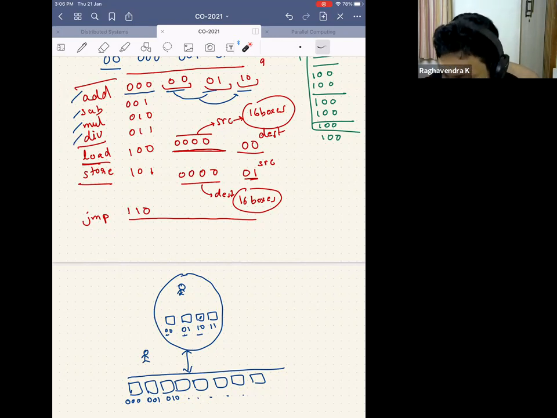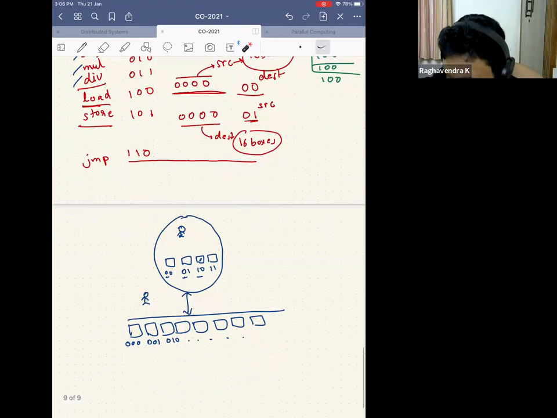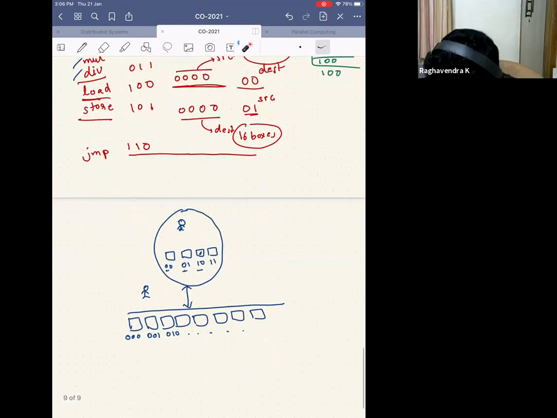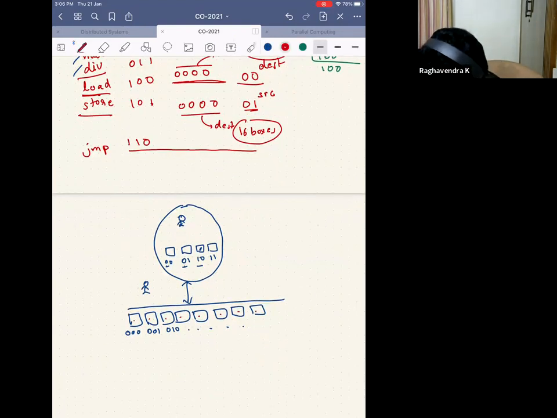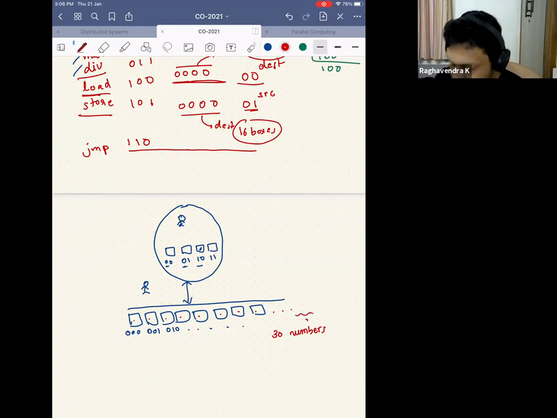So now what was the task that we were actually doing? We were trying to figure out, I want to add, so there are some numbers that I have stored here, and let's say I have 30 numbers. And I want to find the sum of all the 30 numbers. So there are these 30 numbers. So I want to add these 30 numbers, and finally I want the result to be in one of these small boxes in my house.